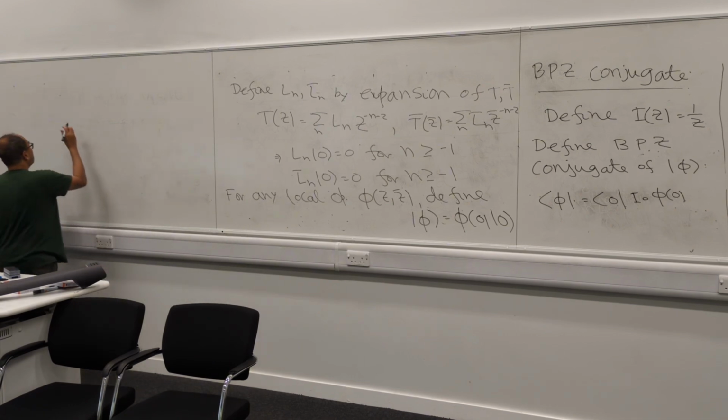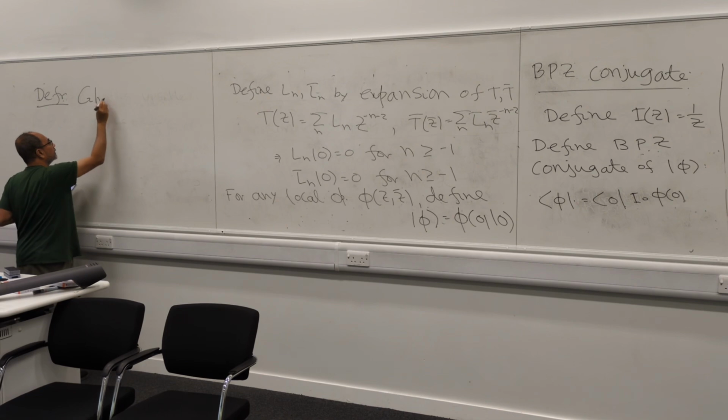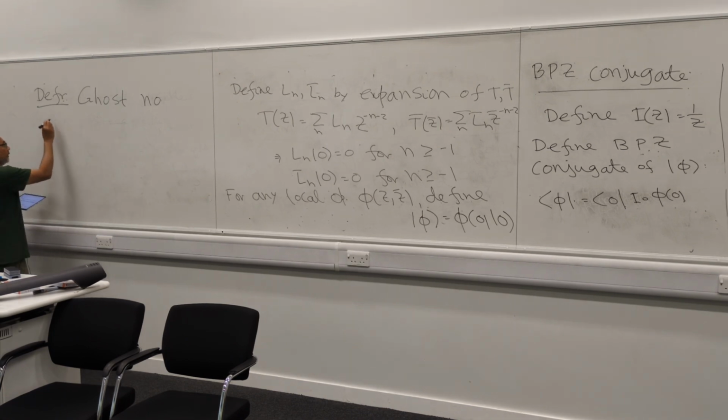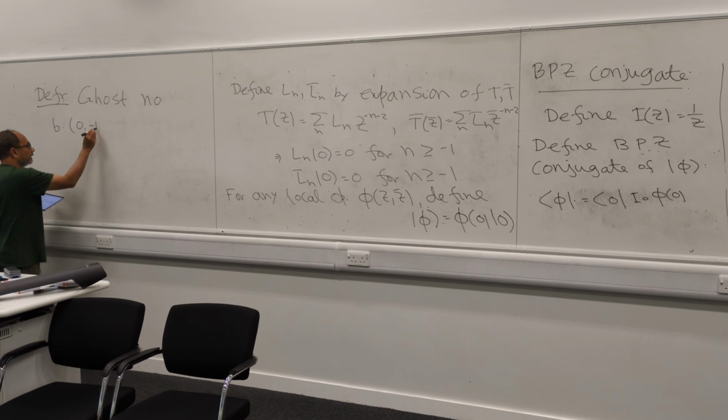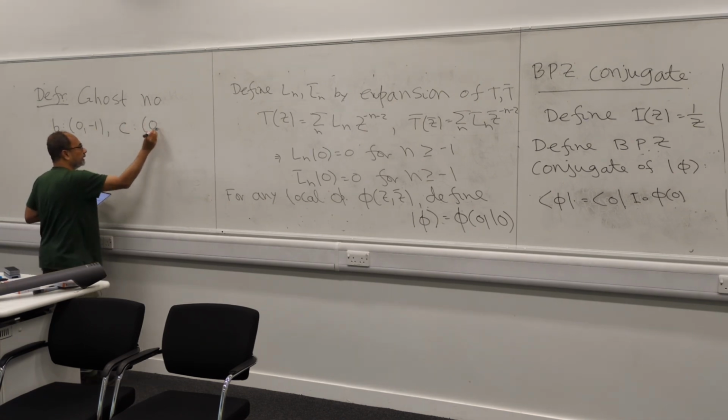Let's introduce the definition of ghost number. So we define the ghost number of B as (0, minus 1), of C as (0, 1),